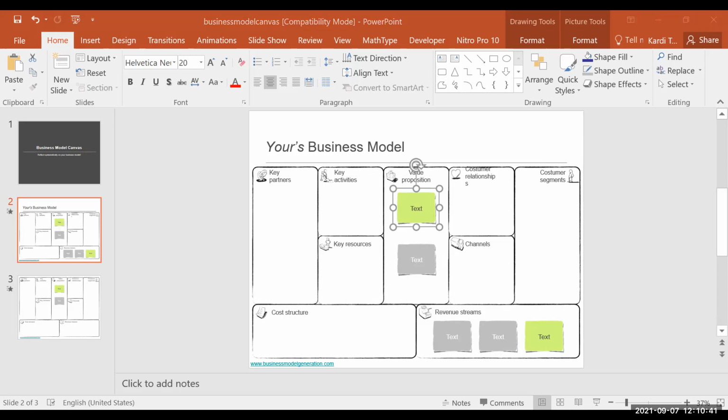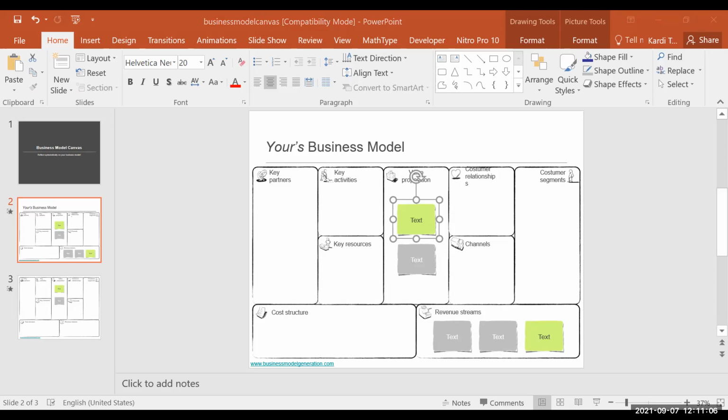So what is the customer segment? Customer segment is the organization that serves one or several customers. You need to tell who your customers are. Second is the value proposition.